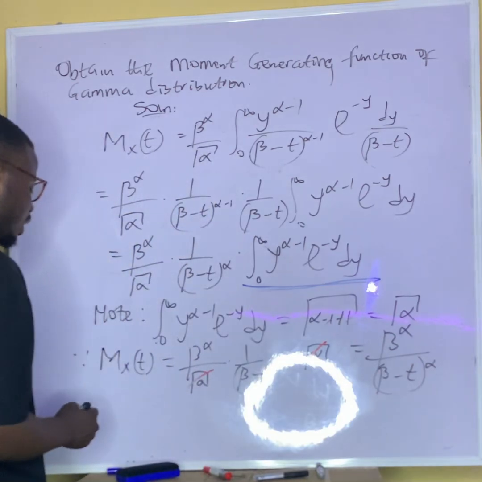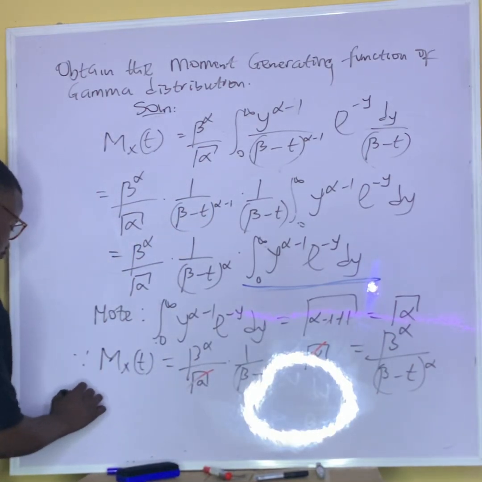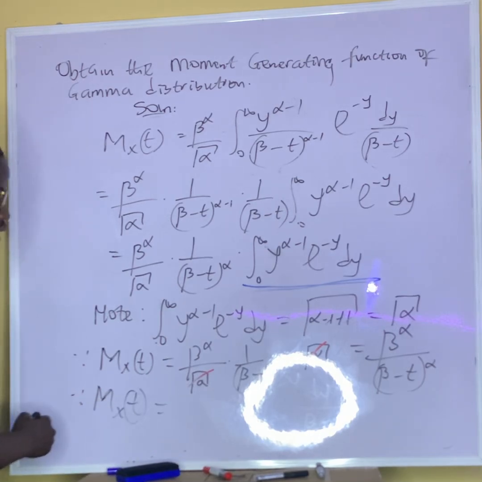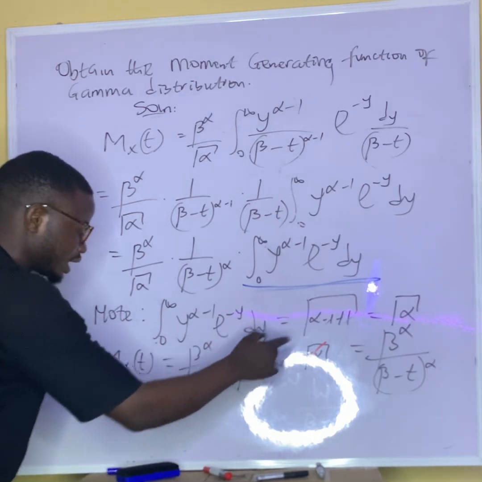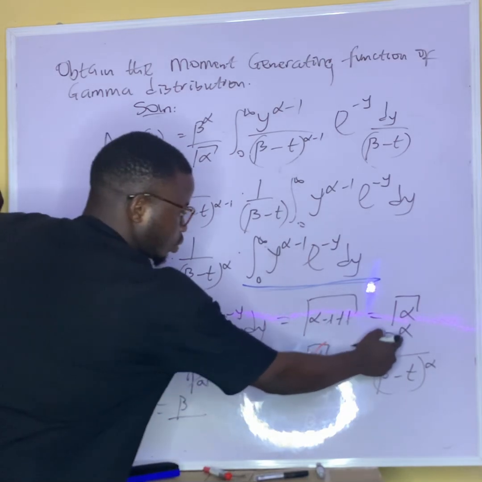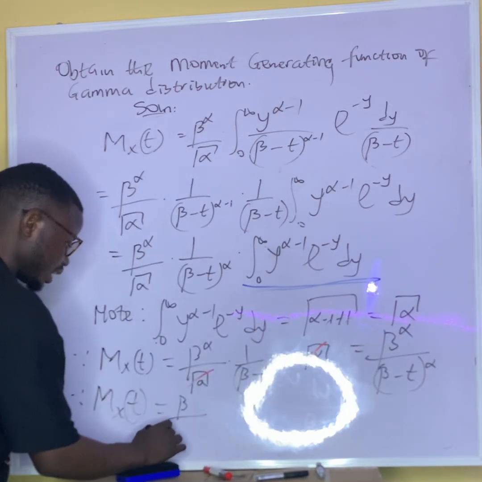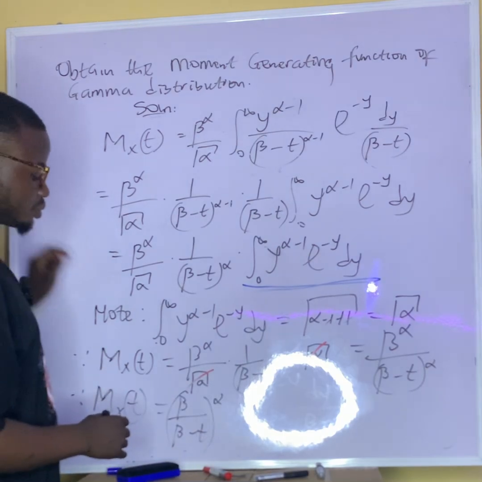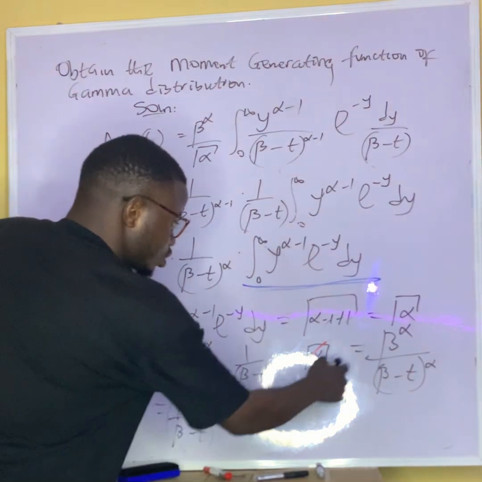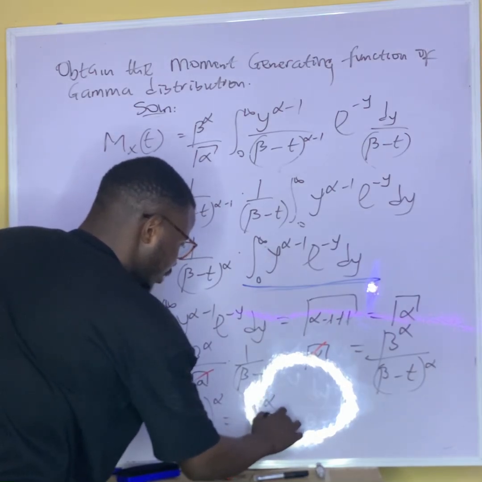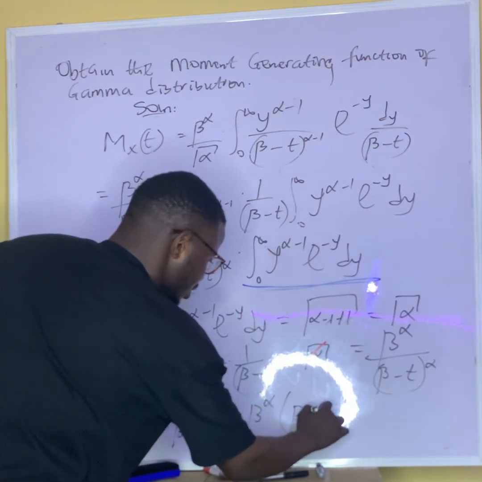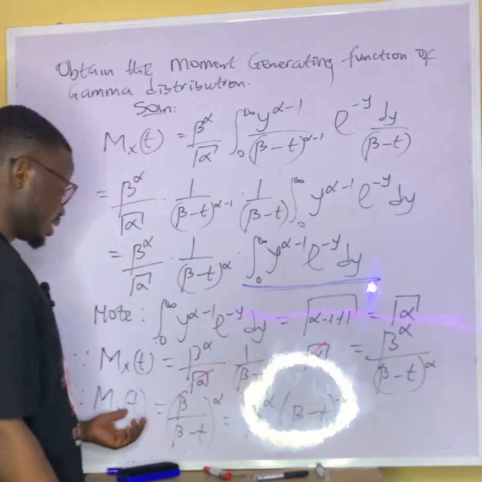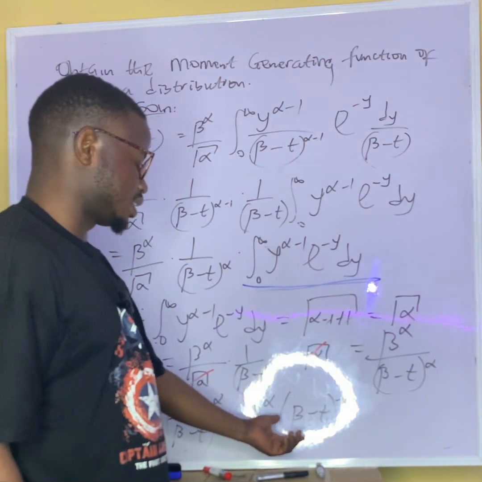So we can say, therefore, the moment generating function for the gamma distribution is, since alpha is common to their power, we have alpha here and the power of that one is also alpha, we can write it as beta over beta minus t, everything to the power of alpha. Like this, or from what we have here, we can write it as beta raised to the power alpha in brackets, beta minus t raised to the power negative alpha. So what we have here can be written as this, or it can also be written as what